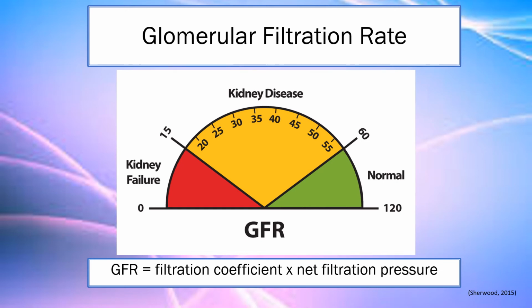Vasoconstriction of the afferent arteriole causes a decrease in the capillary blood pressure. This decrease in pressure leads to a decrease in net filtration pressure, and as a result, a decrease in the glomerular filtration rate. Vasodilation produces the opposite effect, with an increase in capillary blood pressure, and therefore net filtration pressure, and an increase